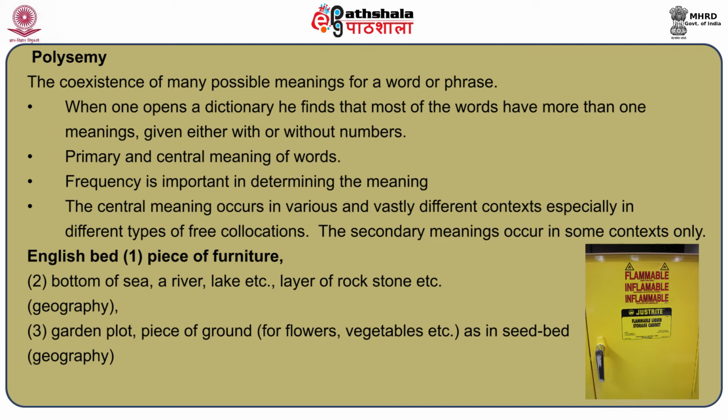Not only the content words, the functional words are also equally polysemous. In English, the preposition in has more than 120 different meanings or sense variations because it is used in different senses in the language. From a historical point of view, polysemy is the change in the general semantic structure of a word. A word might have retained its original meaning and added some more meanings to it. It may also happen that some of the meanings have been lost and new ones added.